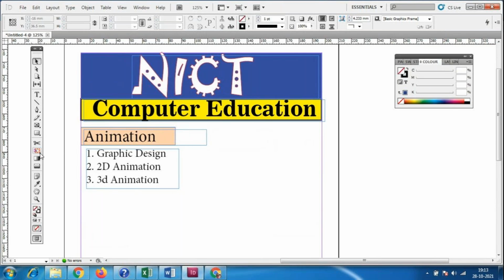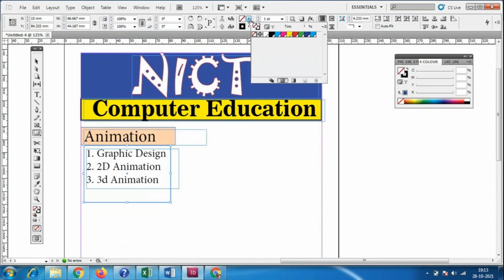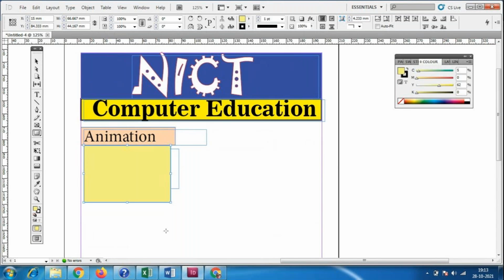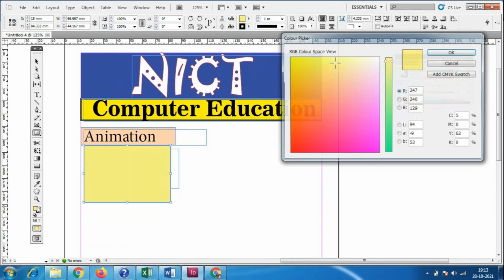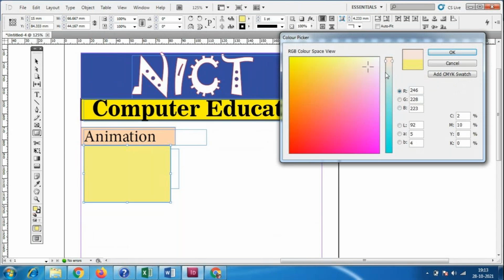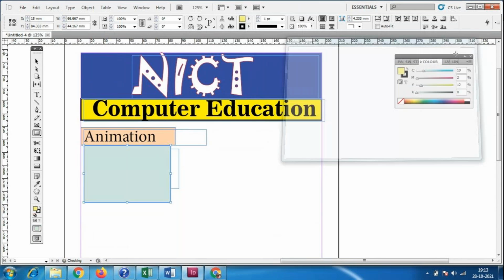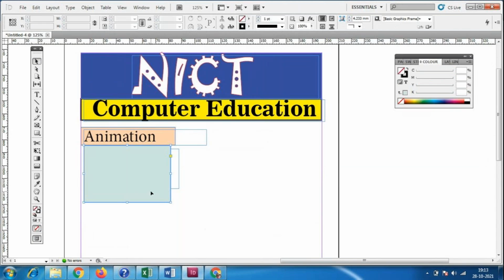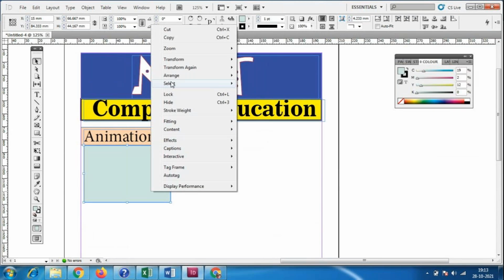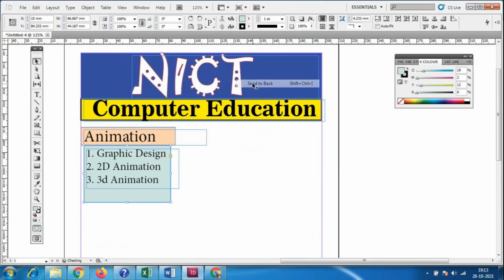So again for this we need a separate box, so that time we will use this box. So I'm using the box like this. For this I'm taking different colors. Even we can go to the color palette, so I'll use some lighter color like this, and right click on this, arrange, send to back. So like this we can do the changes and select the box.